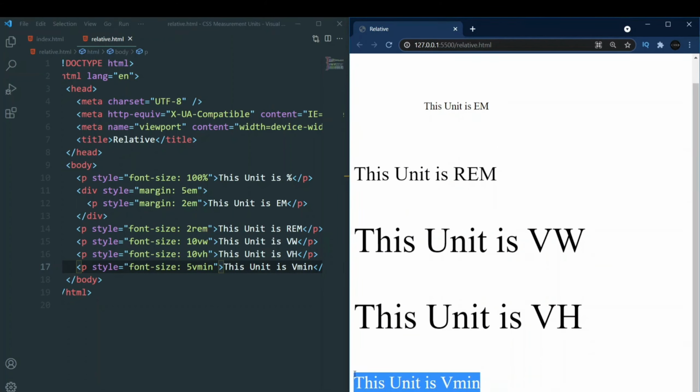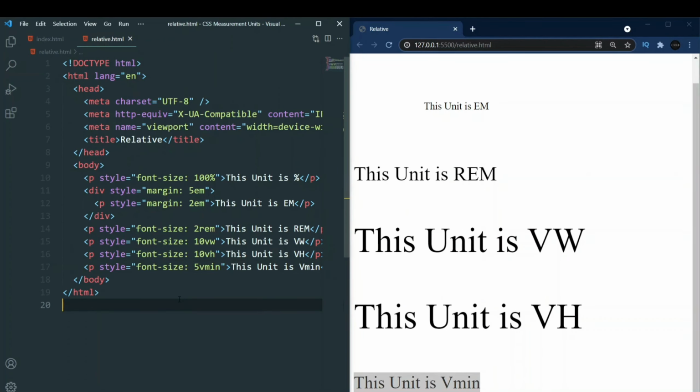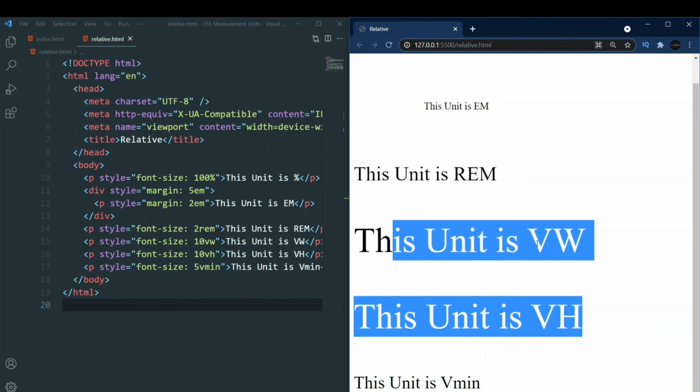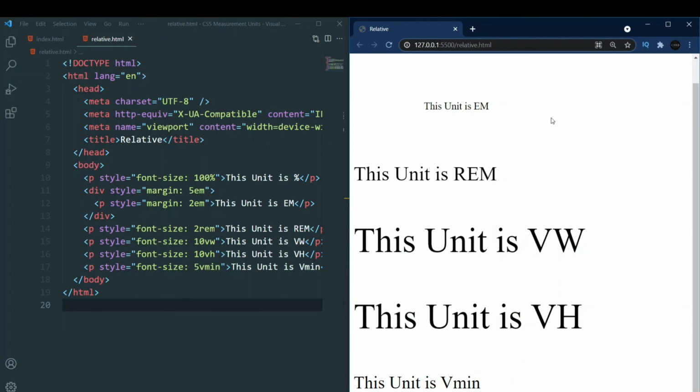Now what is vmin? This value will be whichever one is smaller among VH or VW. Let's say if our viewport height is less than our width, then 1 vmin is equal to 1 VH.